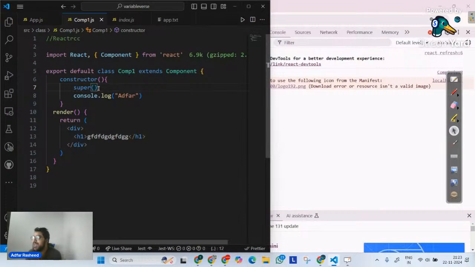This keyword refers to the object it belongs to, right? Now, one very important point you need to understand here before I move forward. When we talk about this in this example comp1, it is inherited, it's derived from a class called component,